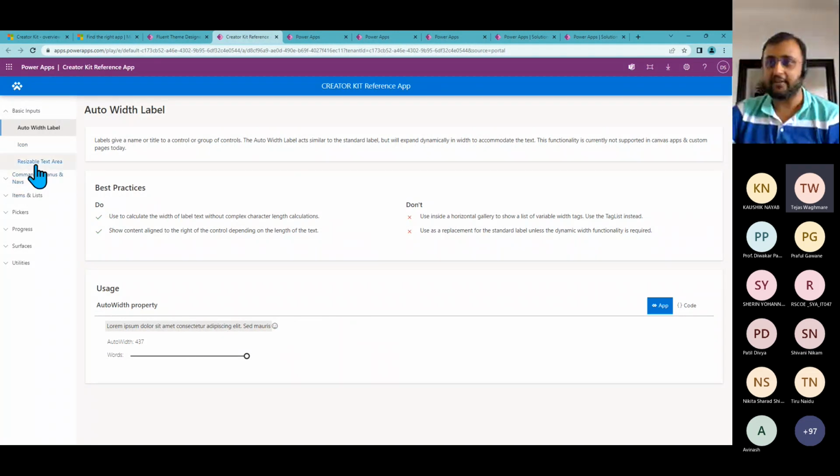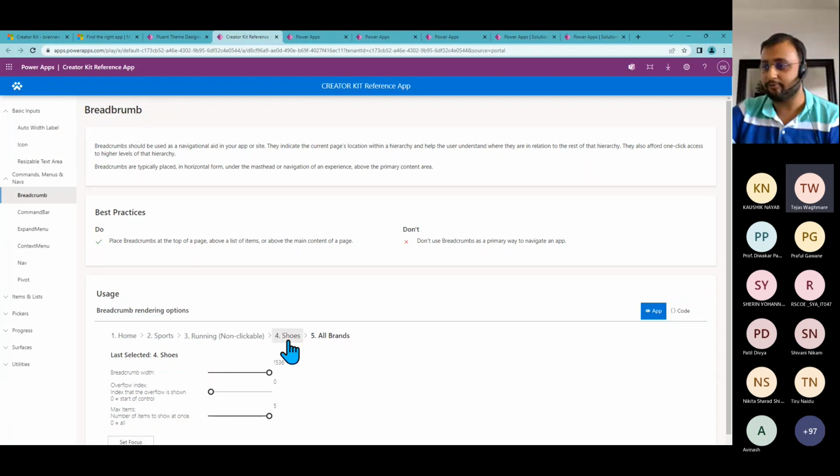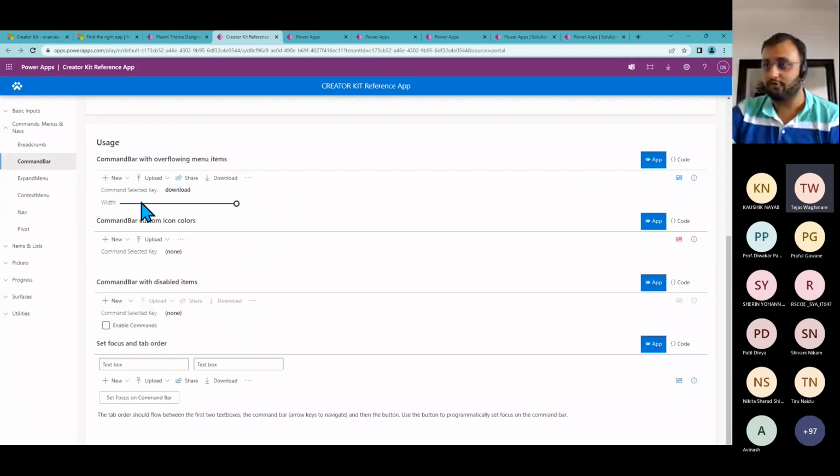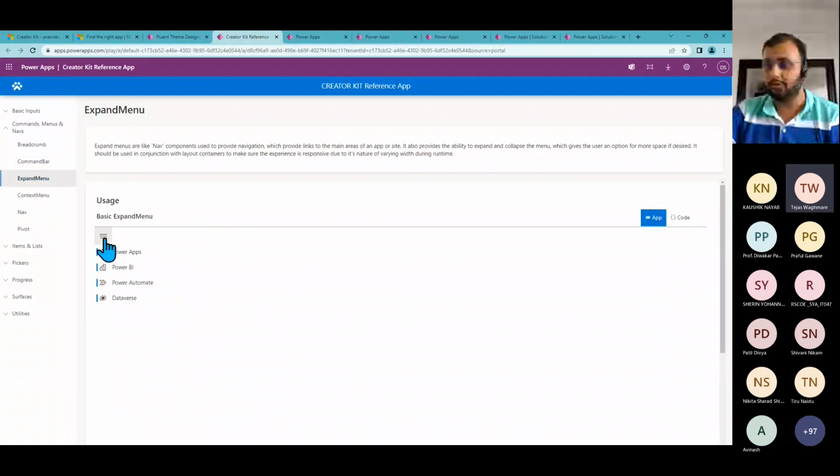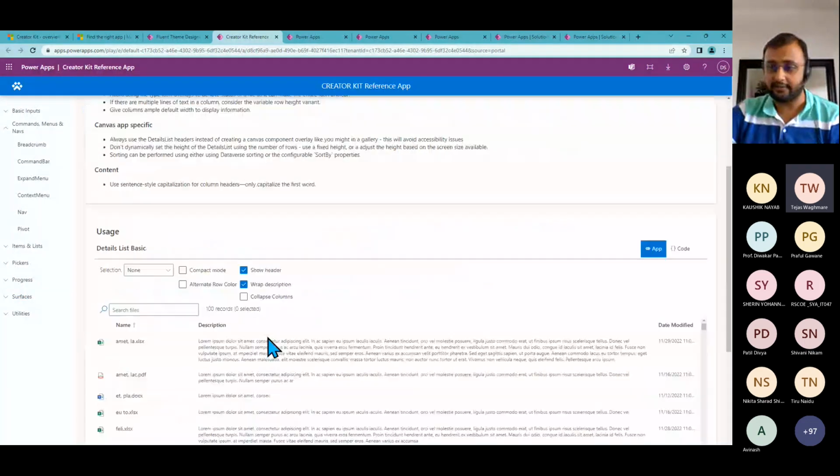Let's say you wanted to build some kind of beautiful labels, or create this kind of breadcrumbs, or this type of navigation menu for your application, or this kind of left navigation, then they come with some beautiful components,